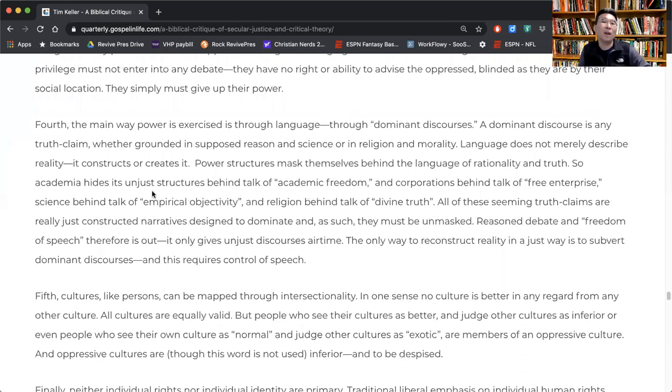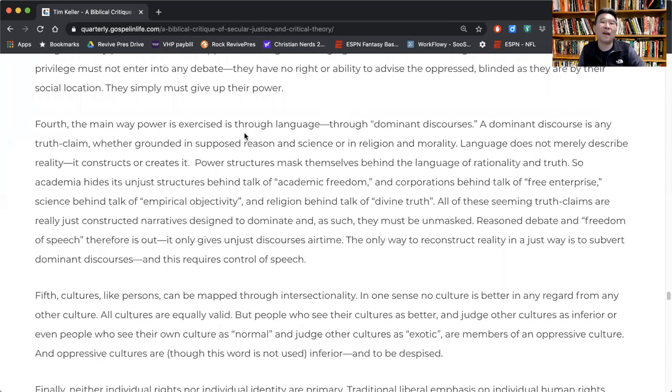Fourth, the main way power is exercised is through language, through dominant discourse. A dominant discourse is any truth claim, whether grounded in supposed reason and science or in religion and morality. Language does not merely describe reality, it constructs or creates. So our language is shaping, and it's kind of partway true, but language is really power